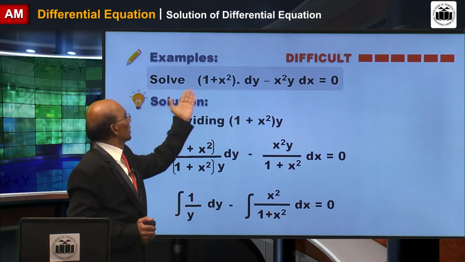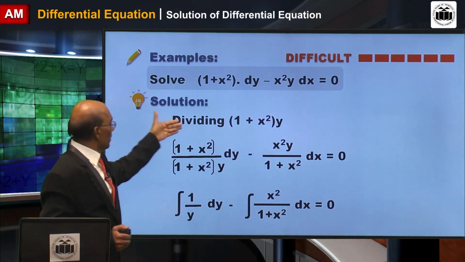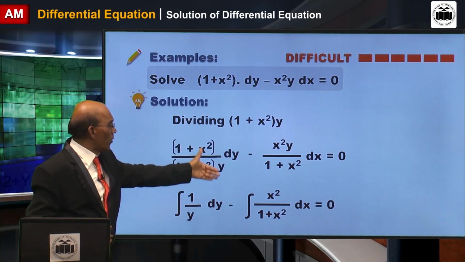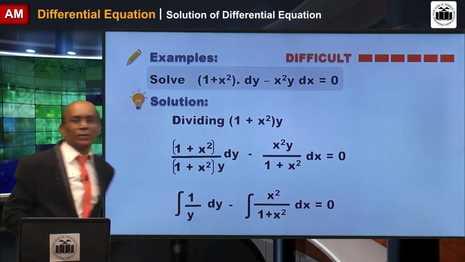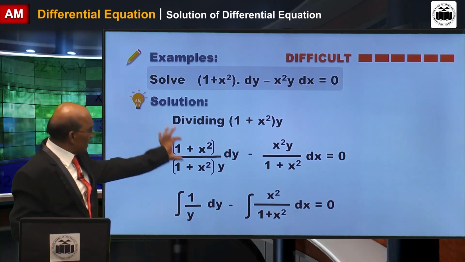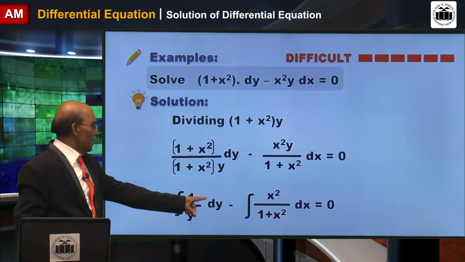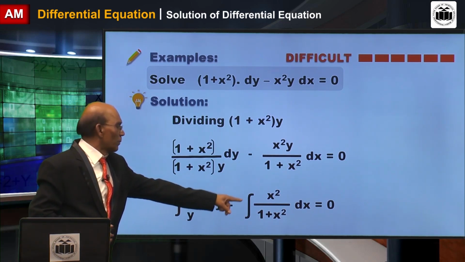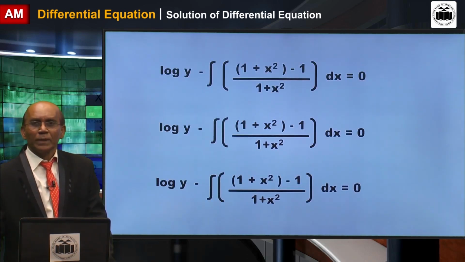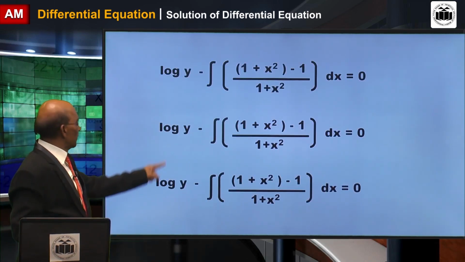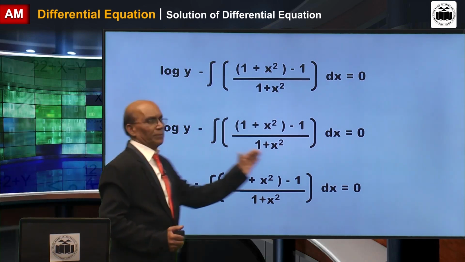By dividing by (1 plus x square) and y, we get (1 plus x square) upon (1 plus x square) into y dy minus x square y upon (1 plus x square) dx equals 0. Once that gets cancelled, we get integral of 1 by y dy minus integral of x square upon (1 plus x square) dx equals 0. So simplify that one, so we get log y minus, now here our focus is